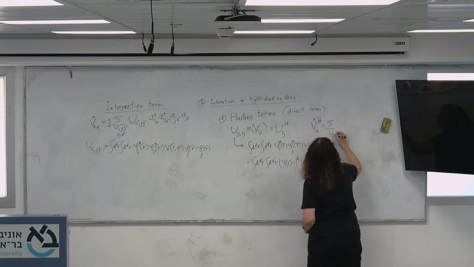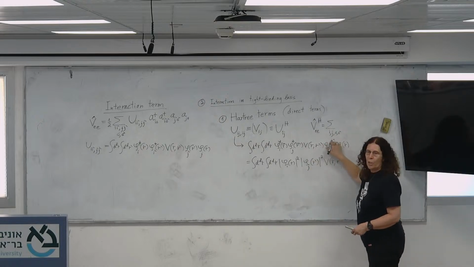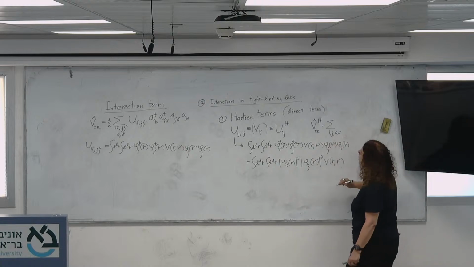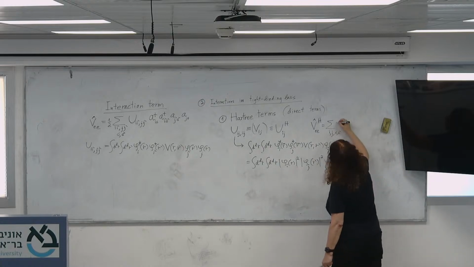Notice that there are only two indices for the position and two indices for the spins. And now I have this U Hartree ij,